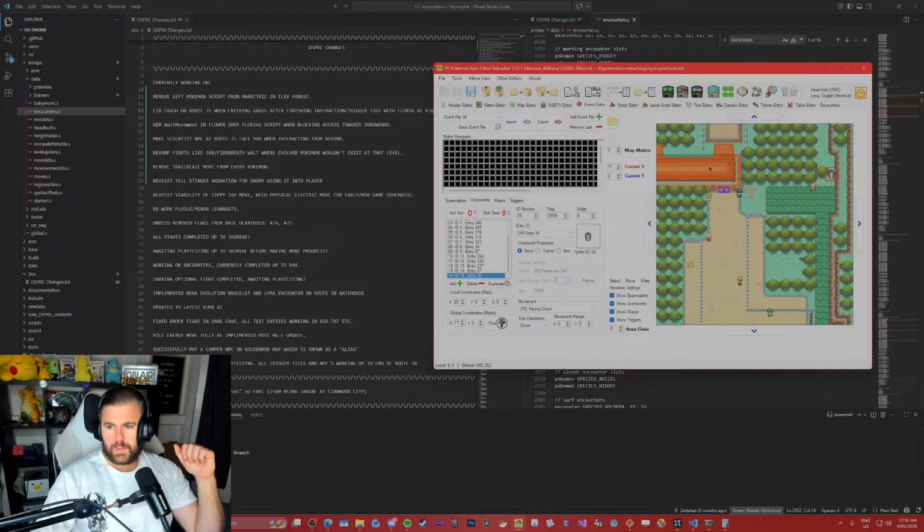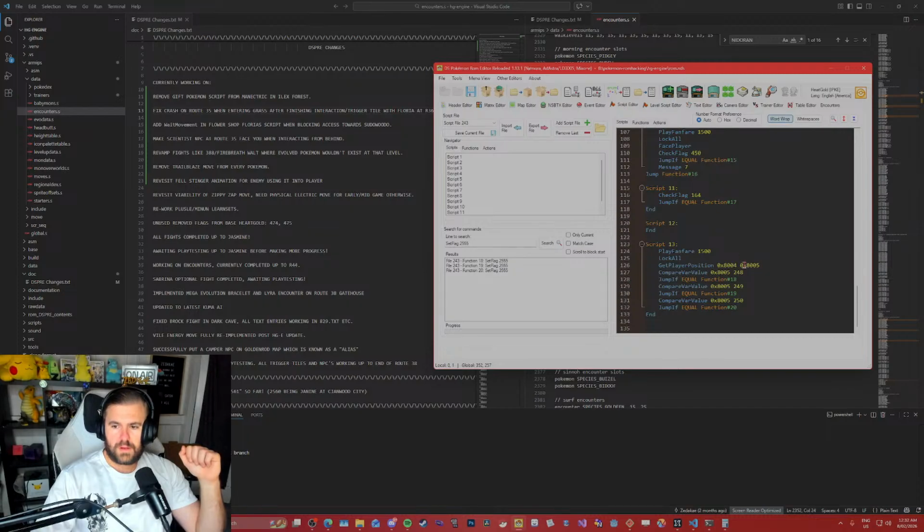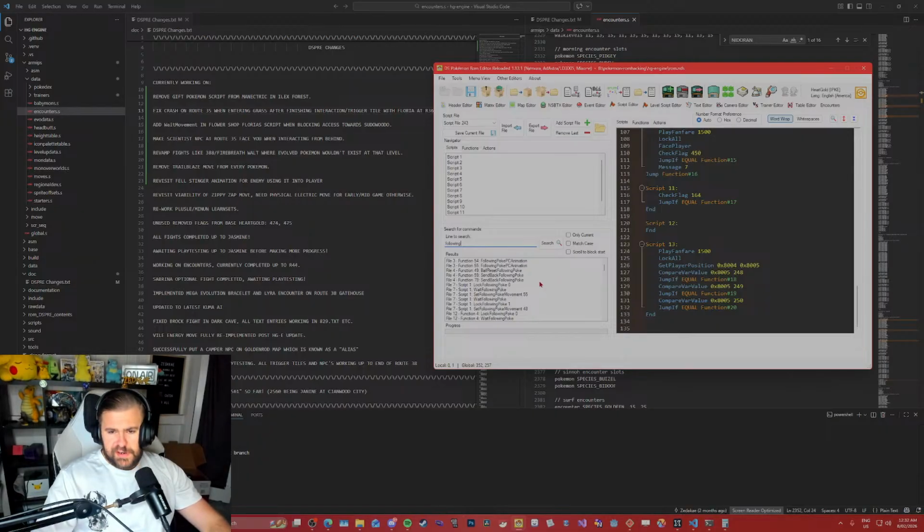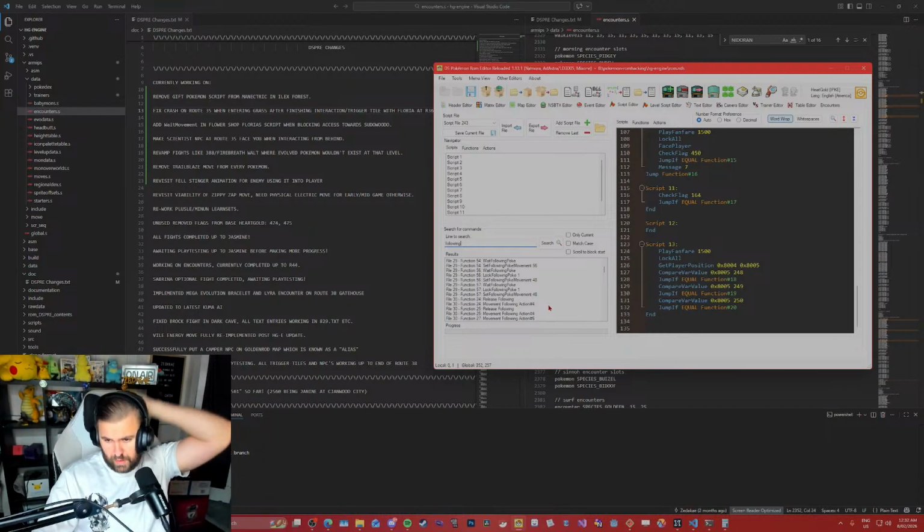What is that doing with the follower Pokemon? I don't think the following Pokemon's included at all anyway.